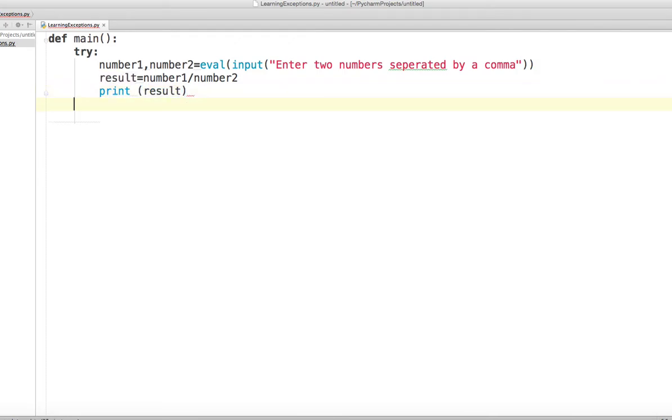Okay. Now, why do I have this in a try block in the first place? Well, the reason is that something could actually go wrong with these 3 lines of code. There are a couple of things that could go wrong, but the first most important thing is that the user could enter number 2 as 0,